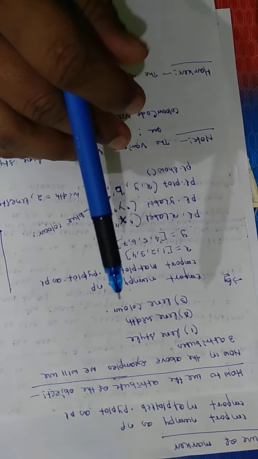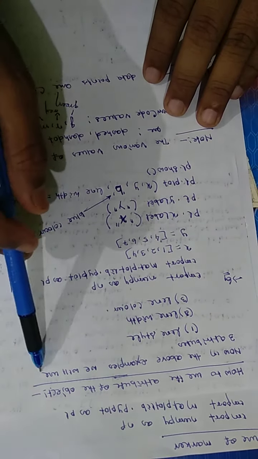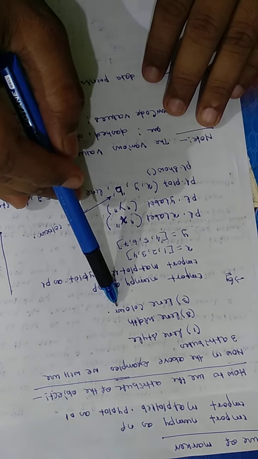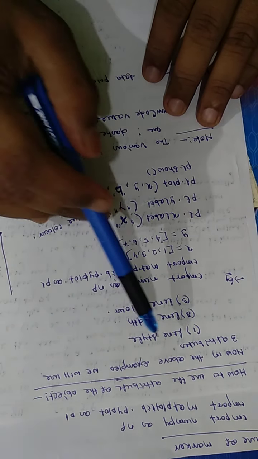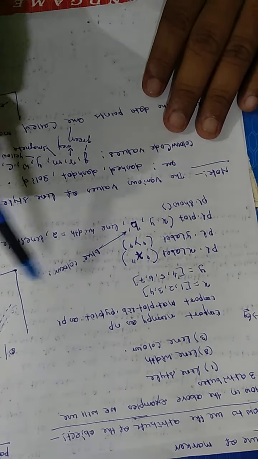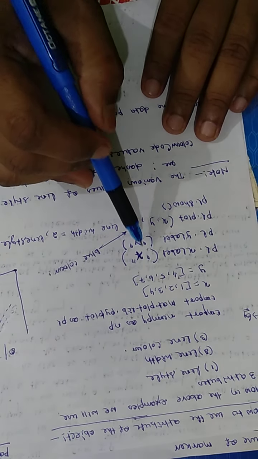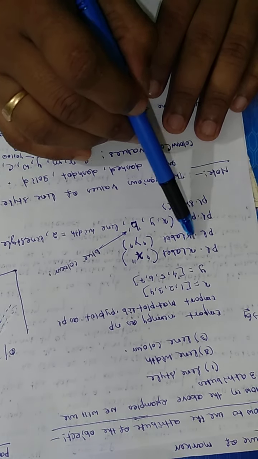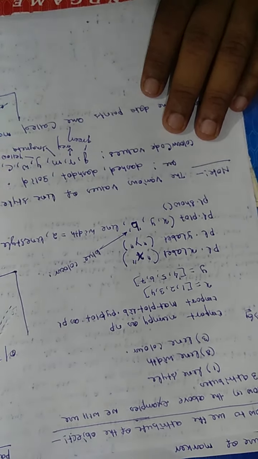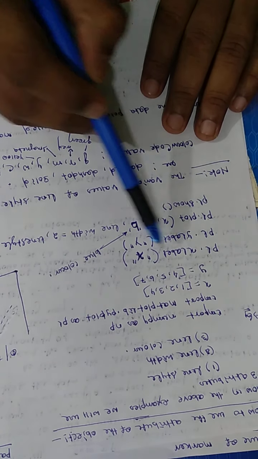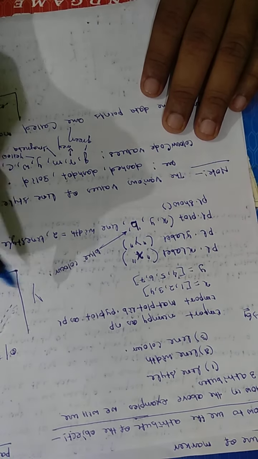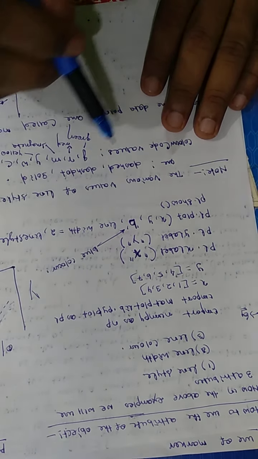So in the above example we will use three attributes: line style, line width, and line color. What the line is drawn, its style, width and color we will use. I have taken this same example because it will be easy for your understanding. I have repeated the same thing here, and after that I have written pl.xlabel, capital X, and ylabel, capital Y. Here it will be y and here it will be x. It will be taken automatically.